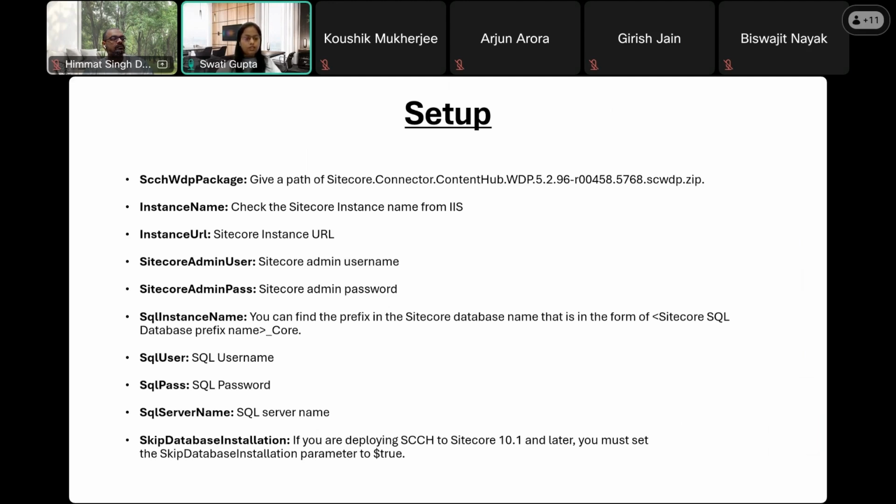The next one we have is skip database installation. If you are using an SCCH package and the Sitecore instance version is greater than 10.1, then you need to set skip database installation to true. So in the next step,